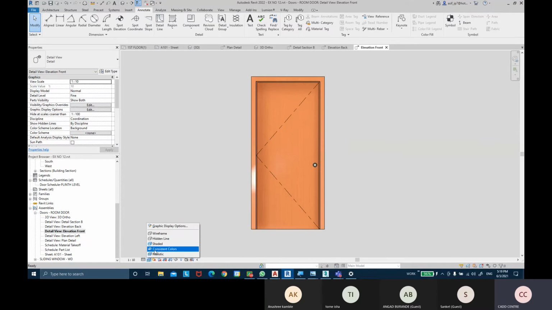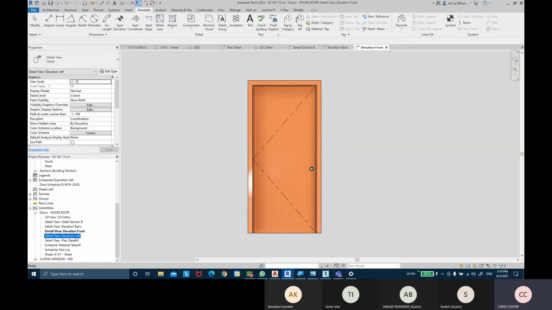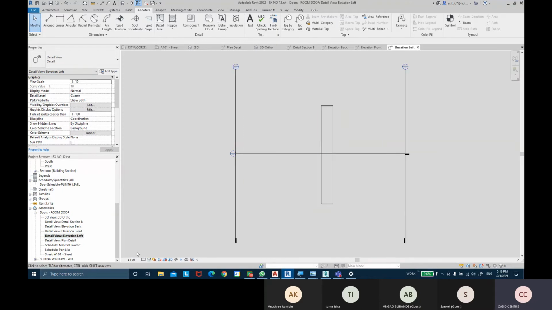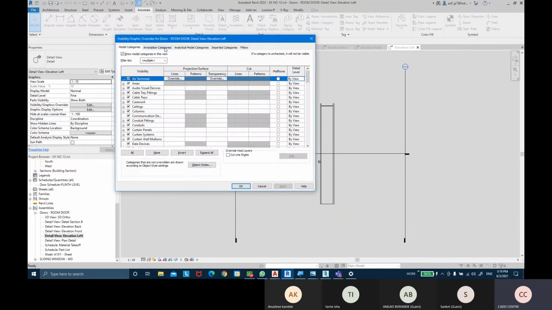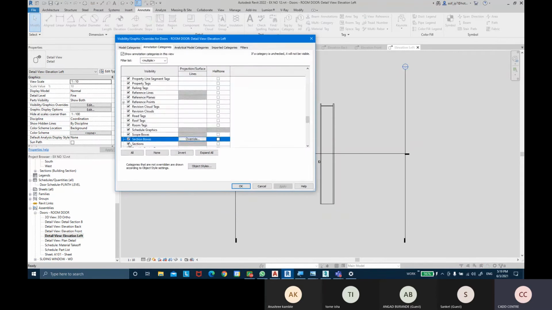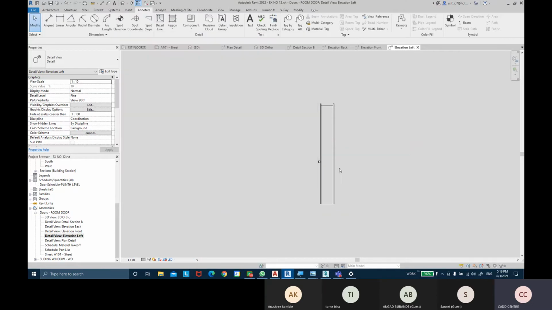Okay, if you don't want to view in realistic, you can constraint colors. Elevation left, sections off.